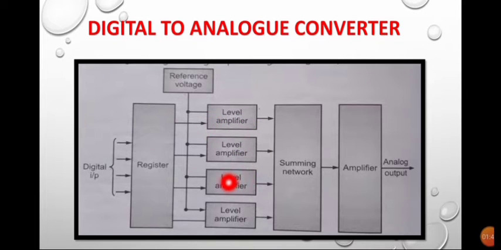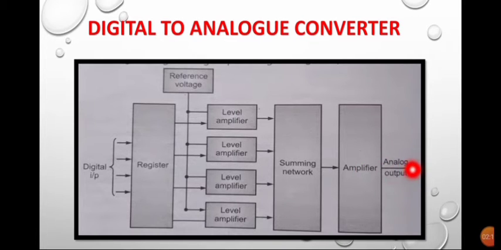It compares the incoming digital input with the reference voltage and generates the output, which is applied to the summing network. The summing network is nothing but an adder which adds the outputs from these different stages. Then finally the analog output is applied to the amplifier, which amplifies the output and provides it across the